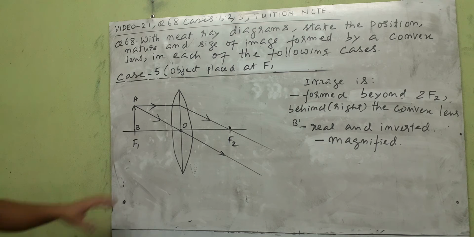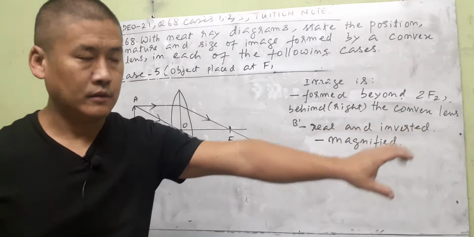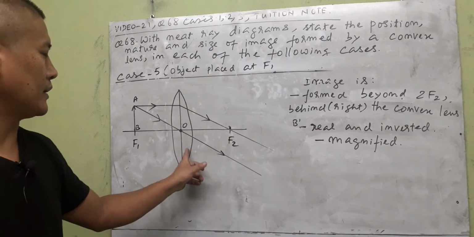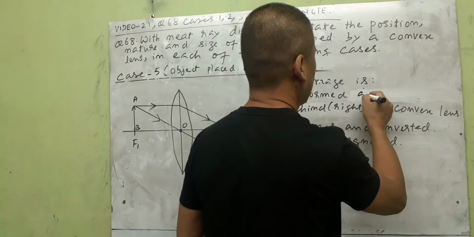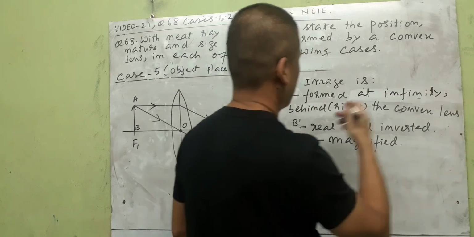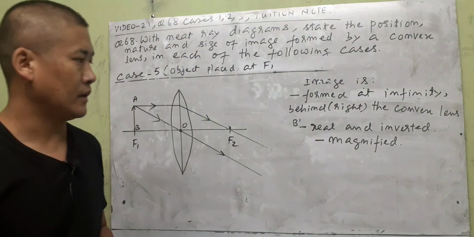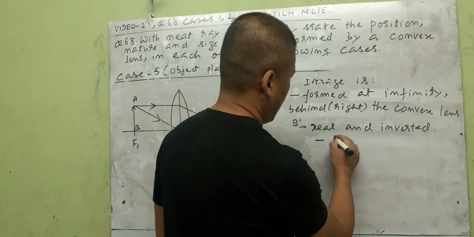So that means if it is parallel, these 2 parallel rays will meet only at infinity on the right side. So they will meet, but very far from this lens on the right side. So formed, you can write here, at infinity, but still behind or right side of the convex lens. It will be real and inverted, and the size will be so huge, highly